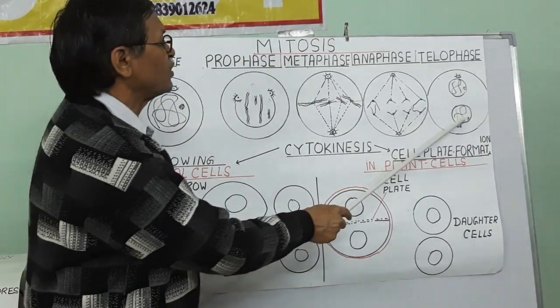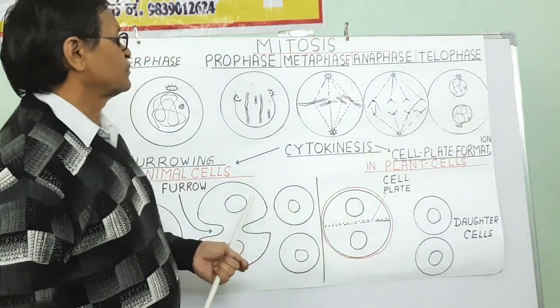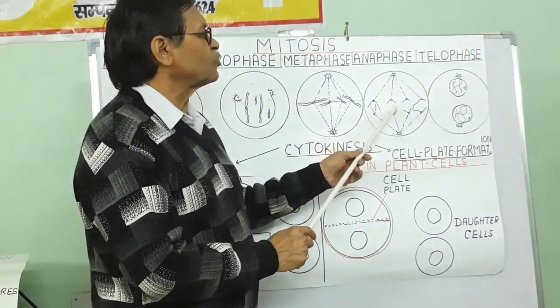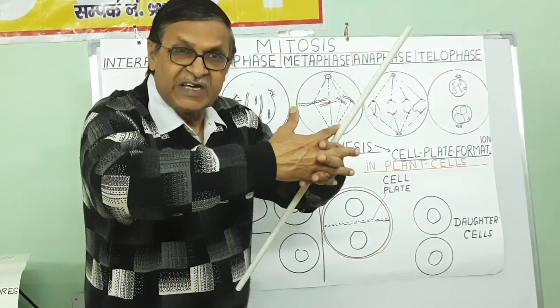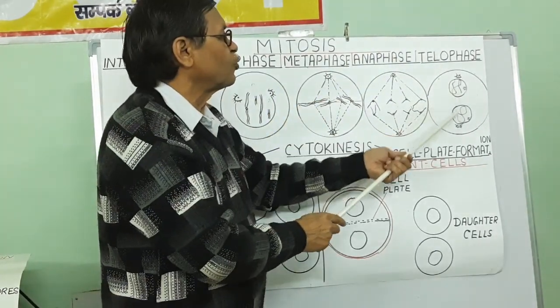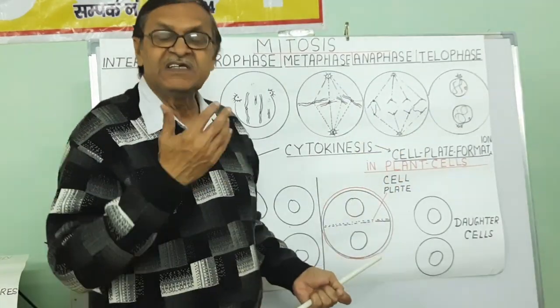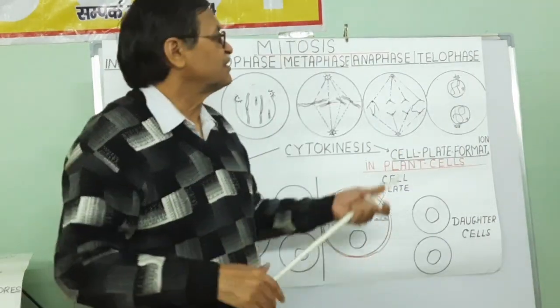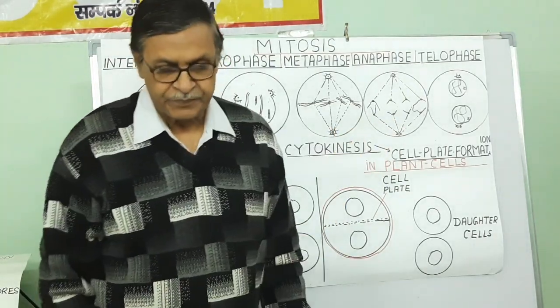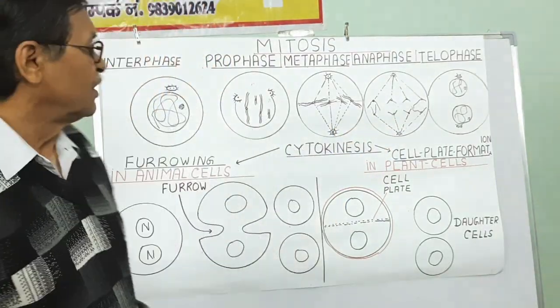A new nucleolus starts developing, and the chromosomes again intermingle with each other to form a chromatin network. So two daughter nuclei are formed, each having the same number of chromosomes. This is called telophase. After that, during